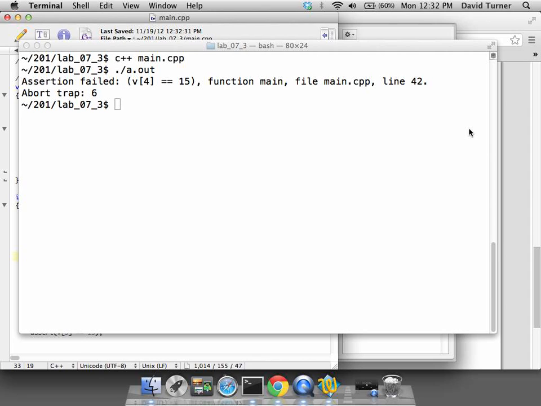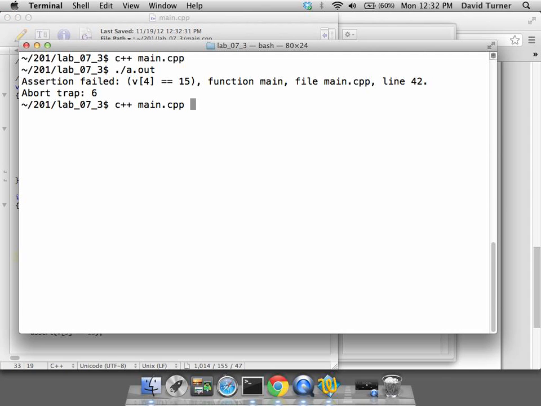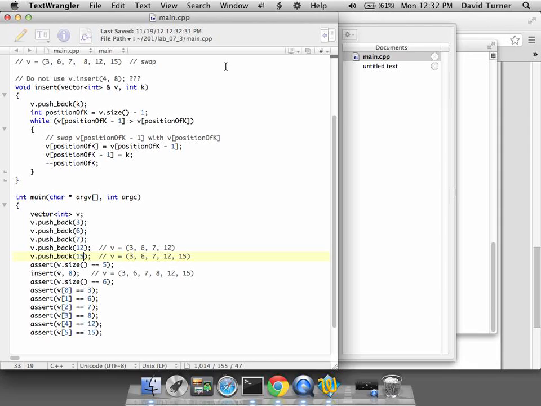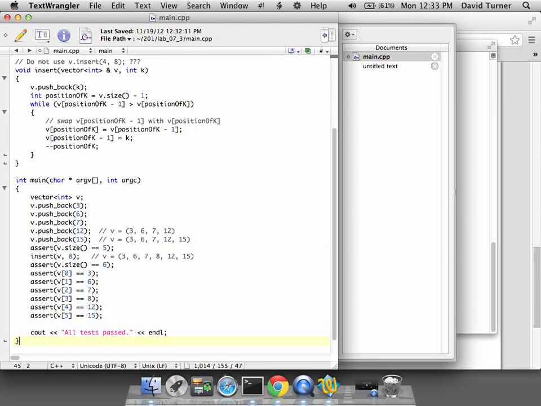Now let's try that. All tests pass. Is it time to move on to the next problem? I don't think so. Is there a test case that we can come up with that makes this thing fail? Let's try that. And look,